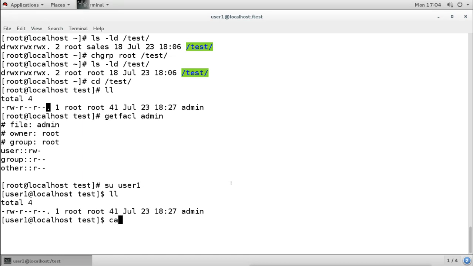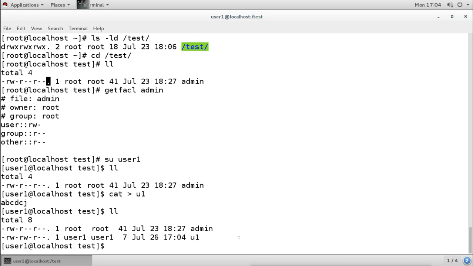Now as user 1, I will create one file, u1, and I will put something here and save it. Now when I check, this file is created by user 1.